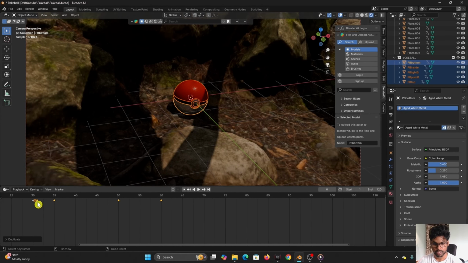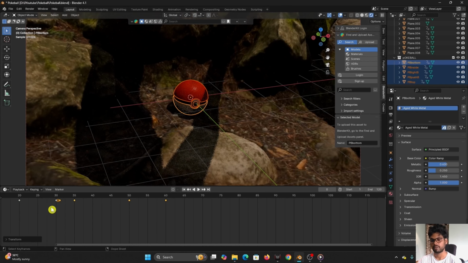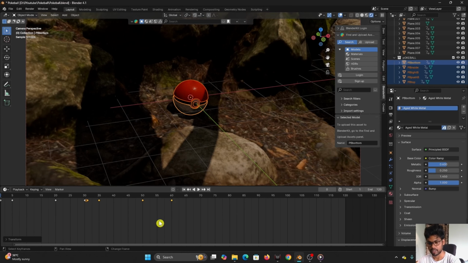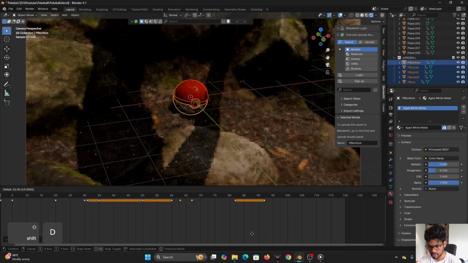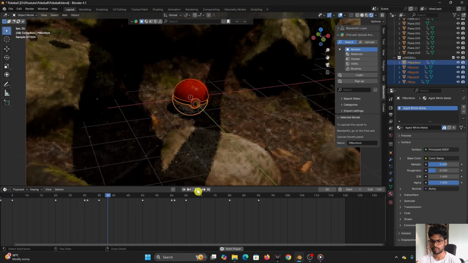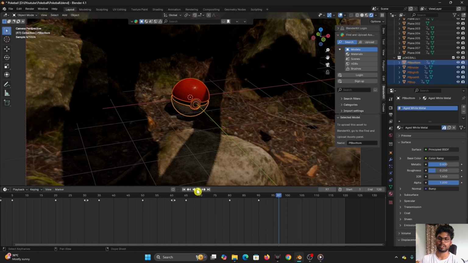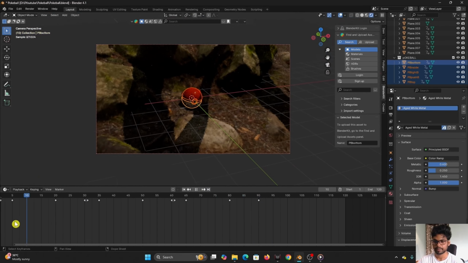I'm going to zoom that in and select this. Yeah, we are on frame 31, and I'm going to duplicate this again, and make sure that we're on frame 61, and so that's about 3 wobbles, right? 1, 2, 3, and now we want it to turn green. All right, so we're almost done with the wobbling,